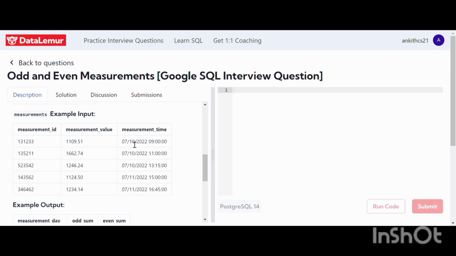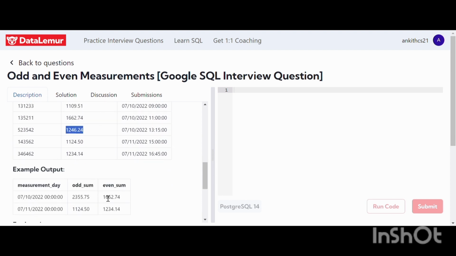For this particular day, the 10th, the first row number is 1, which is odd. Again the 3 is odd. So this 1109.51 should be added with this particular value,